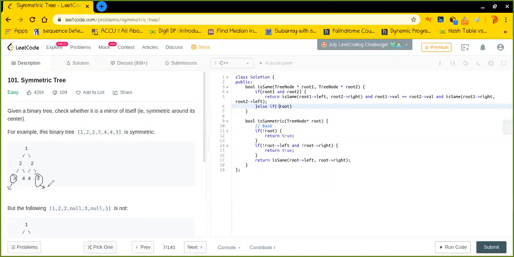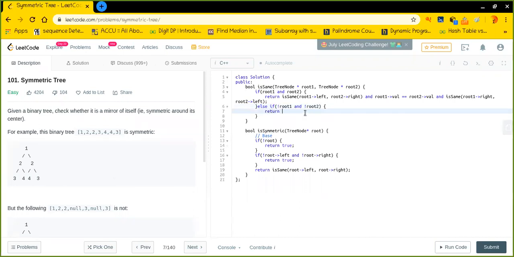That is why it should backtrack, right? So in that case, I have to tell that as this is a null node, every null node is a symmetric tree by itself, isn't it? So that is why I need to clarify that thing, right? If both root 1 and root 2 are not existing, I'll return true, else I'll return false.